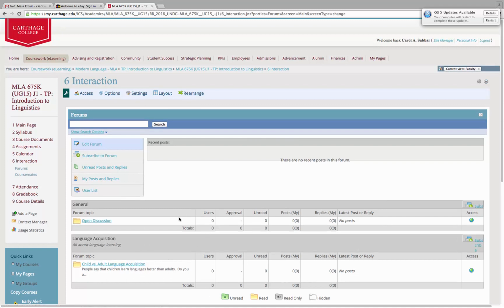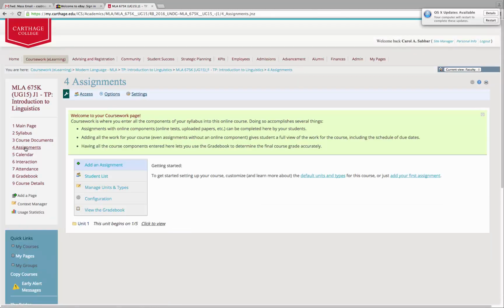You do have some ways to reorder these. I'm not going to go through that right now. Now you need to create the assignment that goes along with it. So I'm going to go into my assignments item. I'm going to add an assignment. Now, normally I'd have my whole gradebook structure set up and my types set up and all those kinds of things. I don't have that done yet. But if I did, this would be probably just homework or an assignment